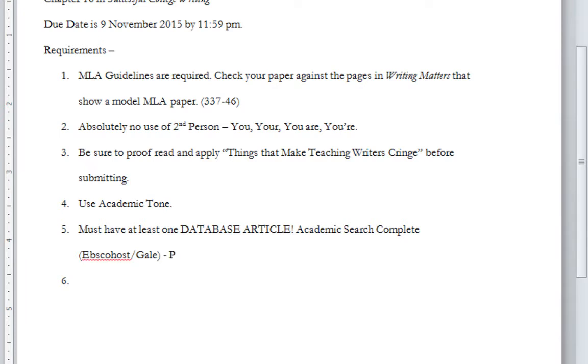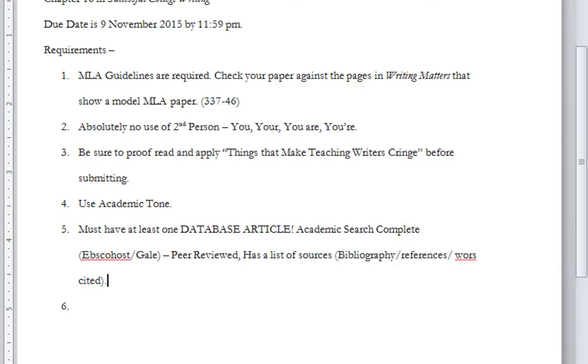That means it is peer reviewed, has a list of sources, bibliography, references, or in our case called the works cited. If it doesn't have those two things, it's not academic.